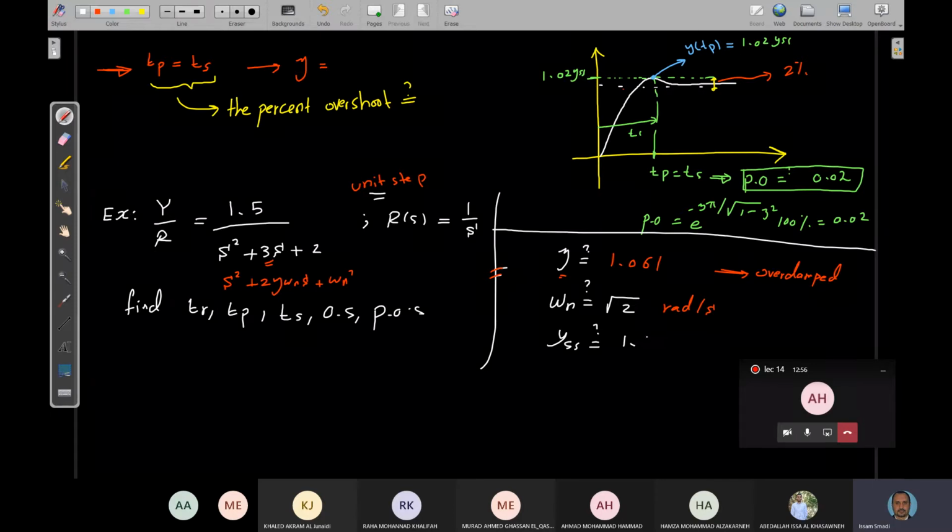For example, if the input is 2, in this case it will equal what? 1.5 over 2 multiplied by 2, correct? Yes? Equal 0. Yeah? Now,